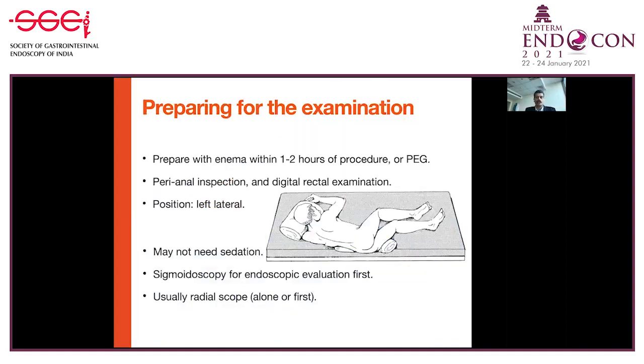So first is how do you prepare for the anorectal US examination? If we have to do a limited evaluation, particularly of the anal strictures and anal sphincters, then a preparation with enema alone within 1 to 2 hours of the procedure is adequate. Or preferably, we can prepare the bowel with polyethylene glycol like we do for standard colonoscopy, a split dose regime, 2 liters the night before and 2 liters in the morning within 4 hours of the onset of the preparation.